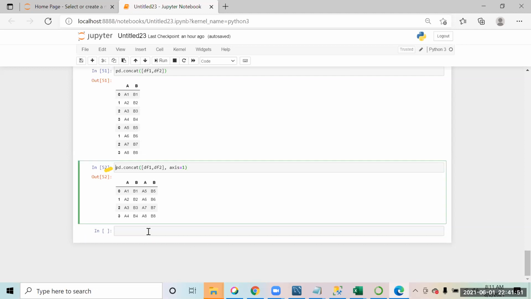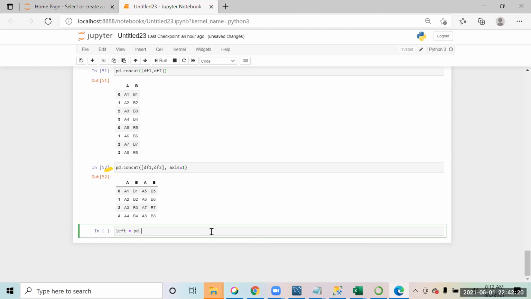Okay, so this is concatenation, where we have just combined the two data sets together. Now, similarly, we will talk about joins, right? How do we join the data sets? For joining, we'll have to again make two different data sets. So let's make that up quickly. Let me make a left data frame so that we understand it by the left and right table.